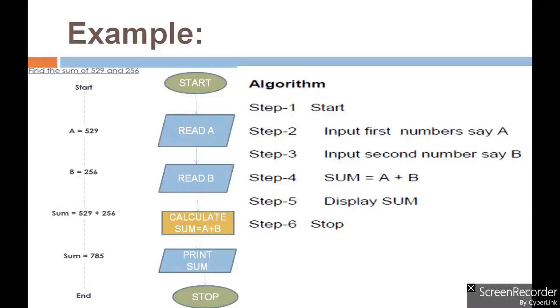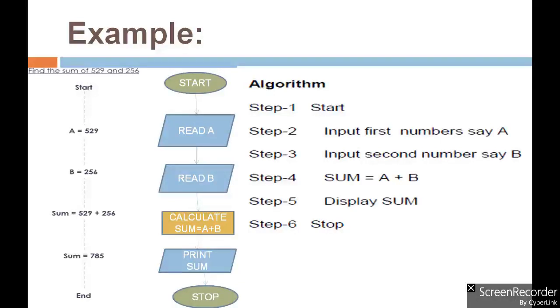First of all, make the algorithm, write down or specify the steps, and then according to the steps, draw the symbols of the flowchart. Then write down the data inside the symbols of the flowchart to represent the particular step of the algorithm in that particular symbol, and then join the symbols using arrows according to their flow in the solution. Okay, so this is the simplest example of a flowchart and algorithm.